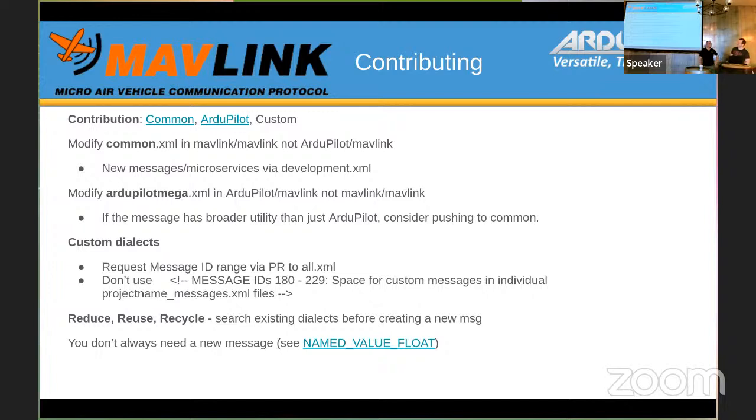Yes, I'd just add to that. If you're developing your message for ArduPilot because you think it's too slow to go through the MAVLink process, you could well be right. But it is good, as a politeness, to make us aware of it. If you look at, say, the RPM message that moved across recently, that was definitely improved by going through the process into common.